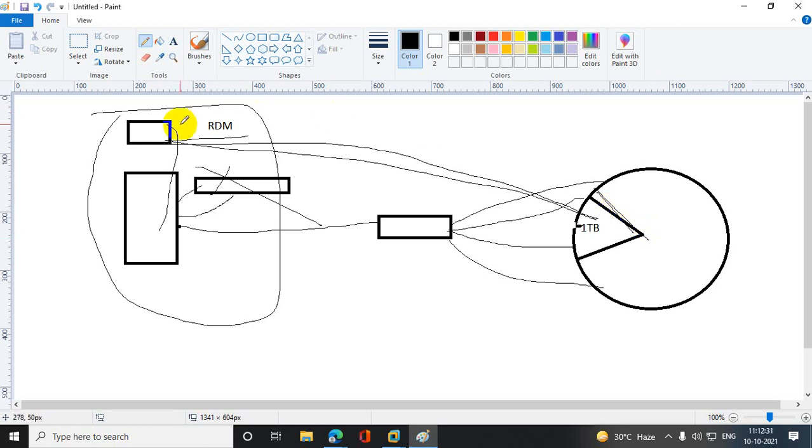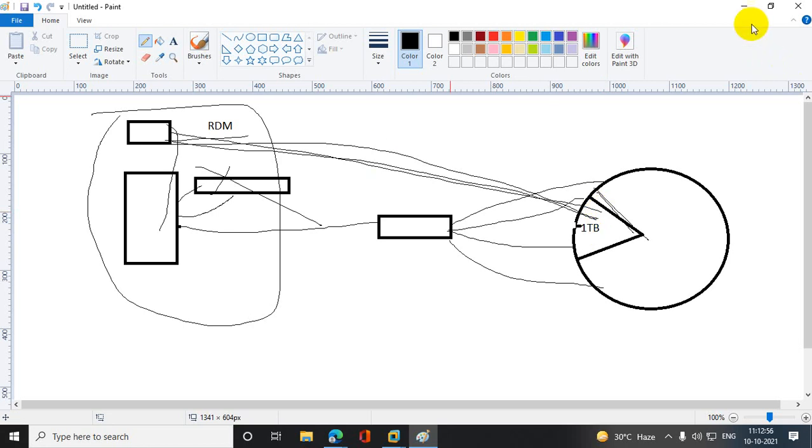That is why they choose RDM from the storage end. Got my point? Clear? This is for a specific scenario. Not all the time, but sometimes it comes up. That is why I'm making you aware of what RDM is. Clear? Is that clear? Yes, sir.